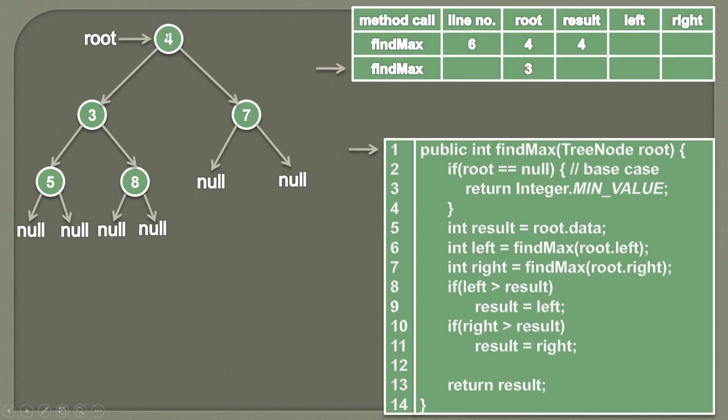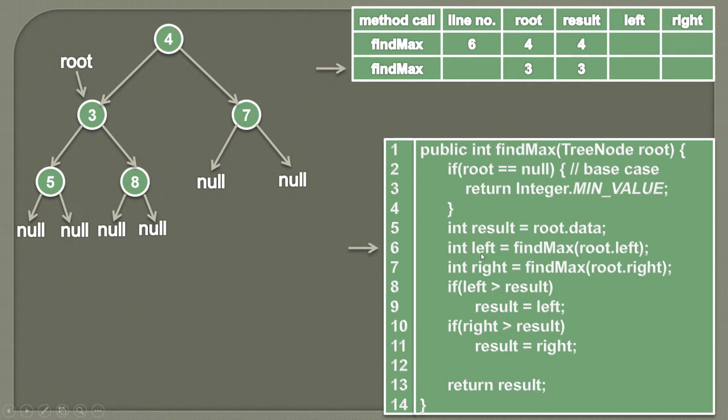We have left this findMax method here at line number 6 and we have again called findMax, and this time the root is root's left, which is 3. So now root will point to 3. Moving ahead, root is not equal to null. Again we will apply the algorithm recursively on this node. So first we will store the root's data, which is 3. Now in order to find the maximum value till this node, we need to find the maximum value of its left subtree, we need to find the maximum value of its right subtree, and we need to compare those values with the root's value.